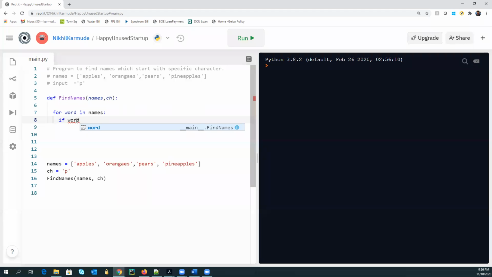Okay, so if word of zero. Now why we are taking zero is, if we take just a word, then it is going to print this complete word. But what we want is to just pick the initial character, which is the first character. So word of zero is going to give me the first character. But if I say word of one, it is going to give me the second character and so on. So since we want the first character, I'll do word of zero